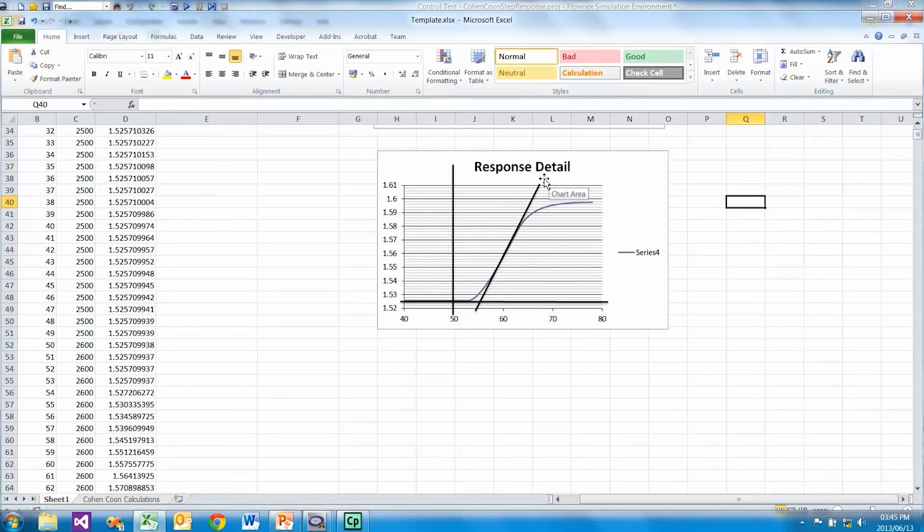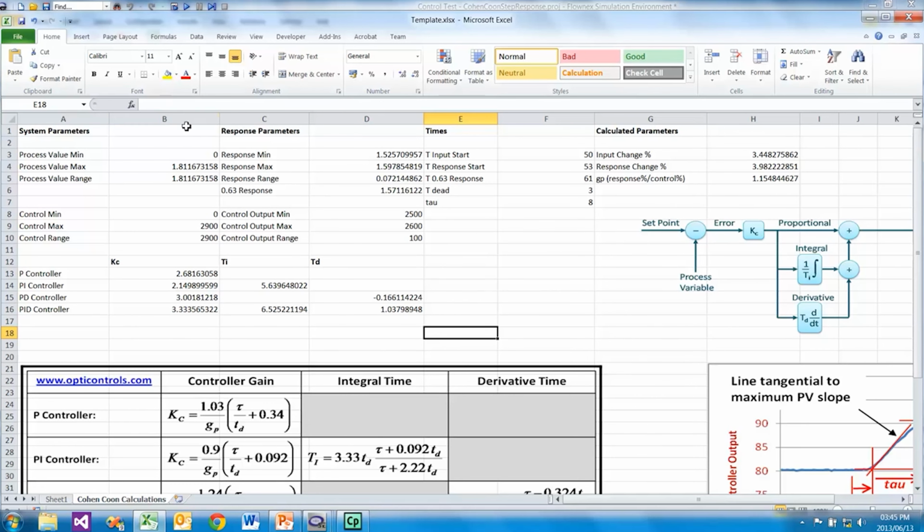Here we have our slope line with which we can determine our dead time, and like before we have our process value minimums and maximums, our control range, our responses to the step minimum and maximum, at which value we have 63% of our response, so we can go and get the relevant time.